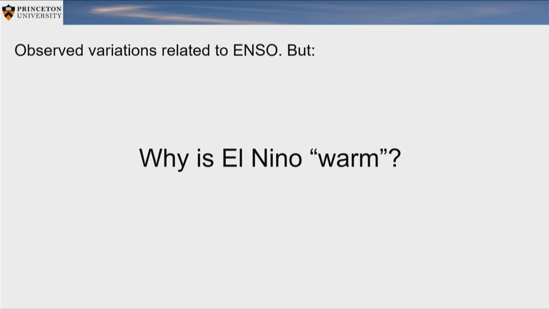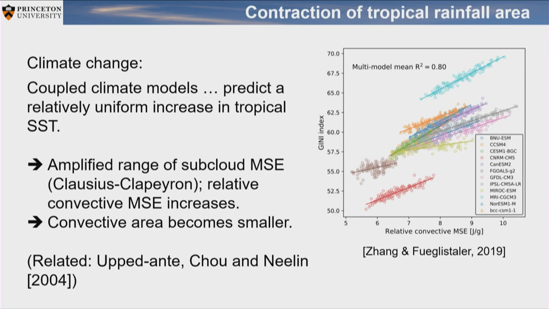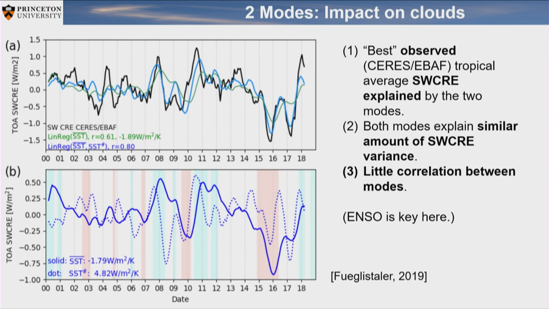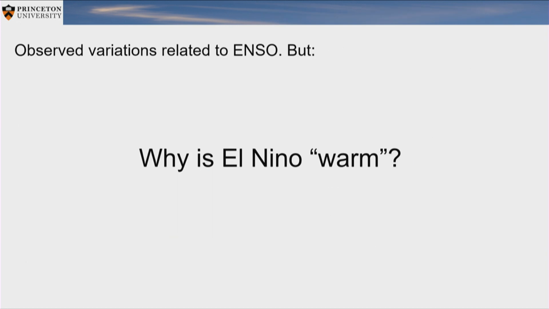Now the first question that I want to address next is that much of this variance is related to El Niño. And that poses the question, what exactly is El Niño doing here? And the question is, why is El Niño actually warm? That seems like a very naive question. Everybody knows why El Niño is warm. It's these cold upwelling regions, right? The upwelling breaks down, so the warm waters in the Kelvin wave go east, and you have this warming.